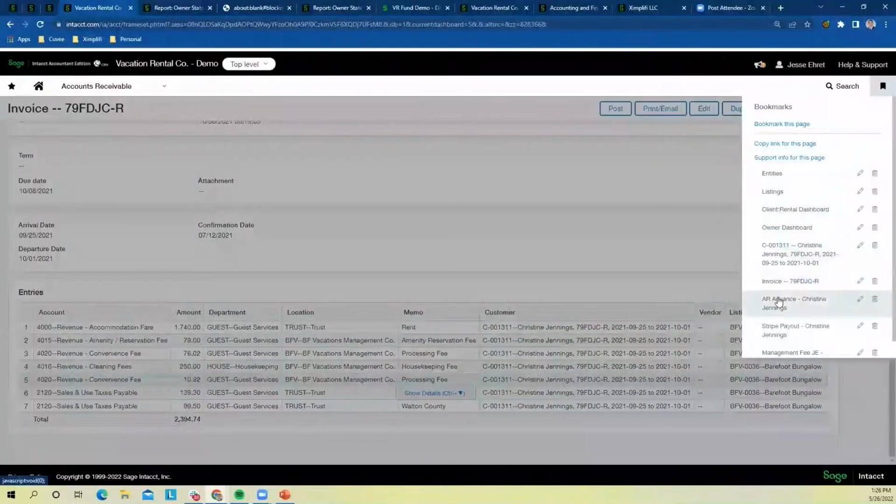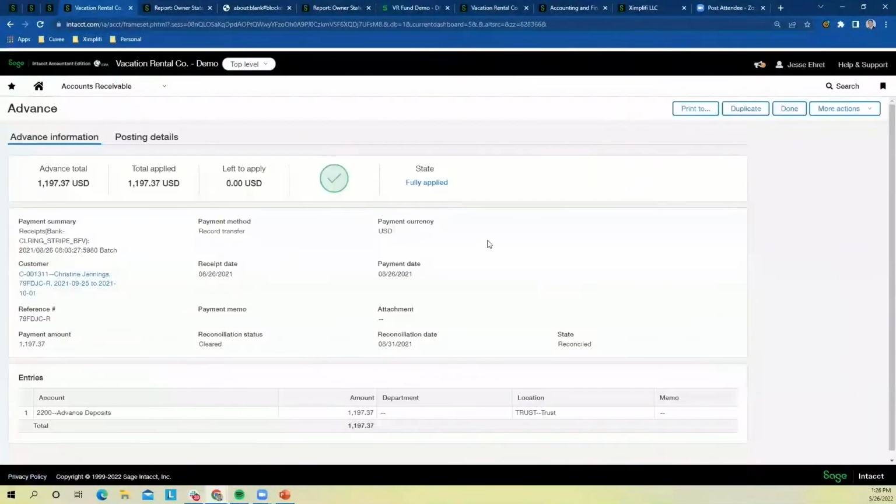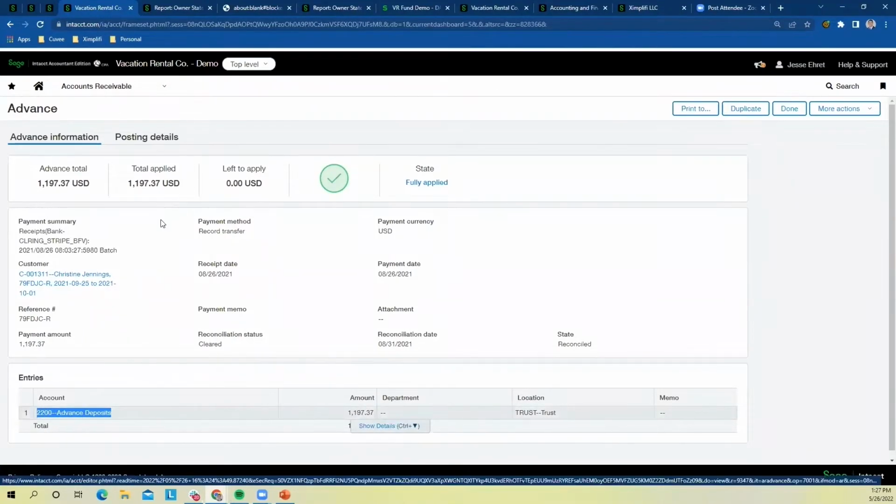And so that was the next thing that I was going to show. Here we can flip to an advanced deposit. This is a payment, a half payment. So there are actually two payments on this particular reservation, but all payments are originally recorded to advanced deposits, and then upon checkout, they're posted to the